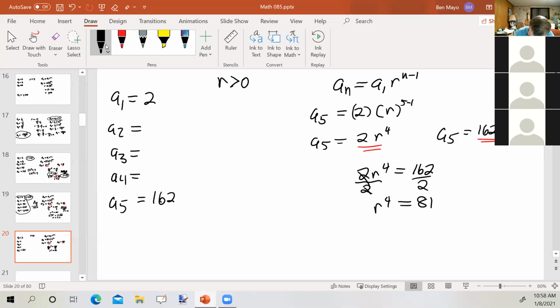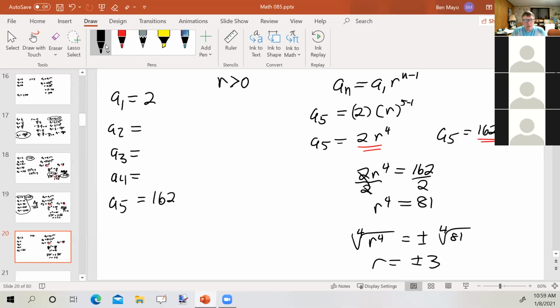Okay, now we can take the 4th root. Whenever we take an even root of both sides of an equation like this, we're going to get both a positive and a negative number. Okay, so let's think about this. Something times itself, times itself, times itself is 81. What's 1 times 1 times 1 times 1? Well, that's just 1. What's 2 times 2? That's 4. Times 2 is 8. Times 2 is 16. What about 3 times 3? That's 9. Times 3 is 27. Times 3 is 81. Oh, so R would be plus or minus 3